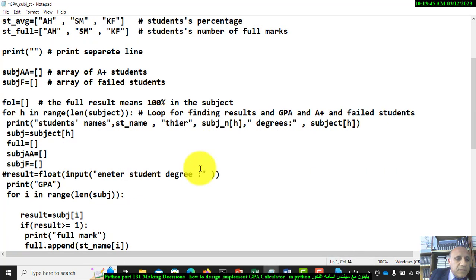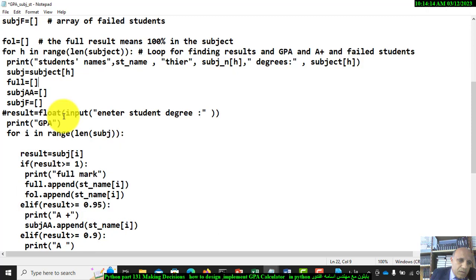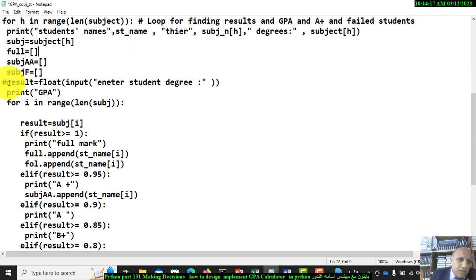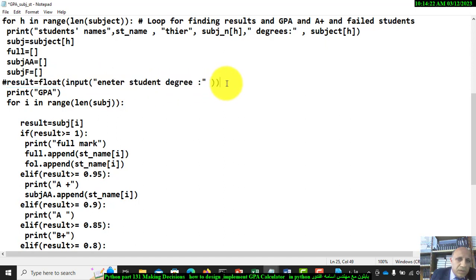Let's complete. We have full array dynamic. Beside the arrays for A plus and the array for failed student, I added an array for full, which complete or include the students who get full degrees. Full degree means 100% in the subject. Then the same as before, we commented this